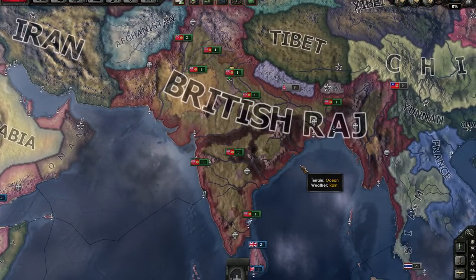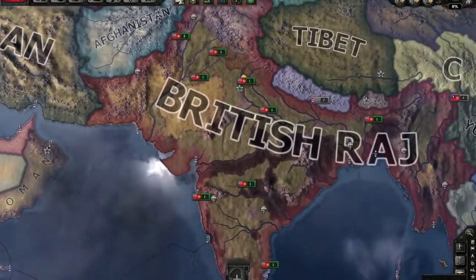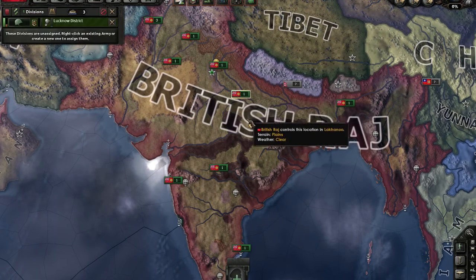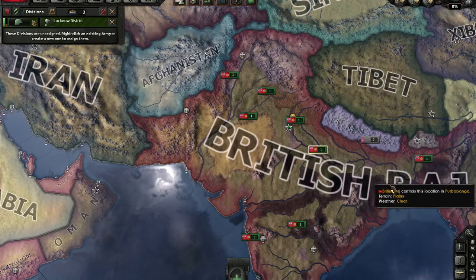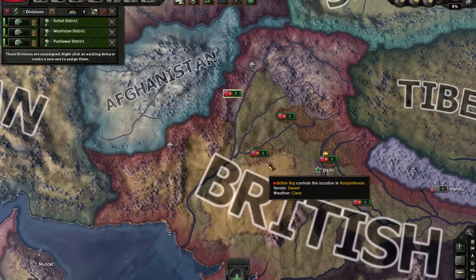So it stretches across India and into Burma. And so normally the first thing I do is just gather all of the troops and group them into one army, and then possibly divide out the different forces into, you know, separate armies that I position around the country. But then